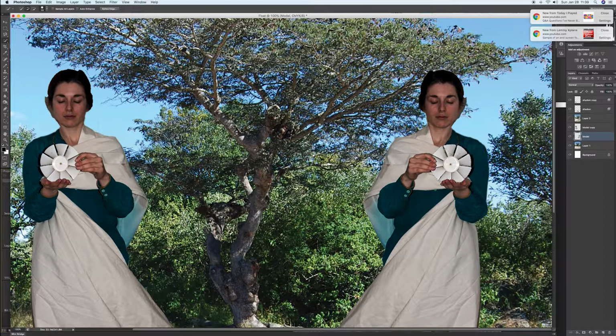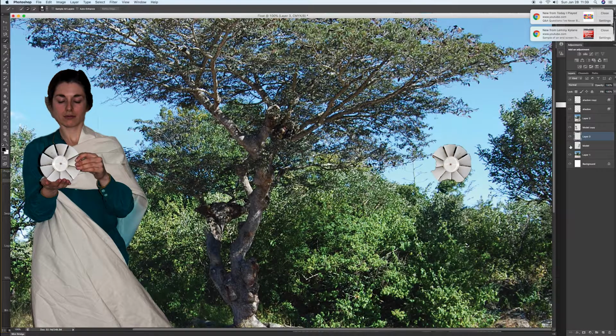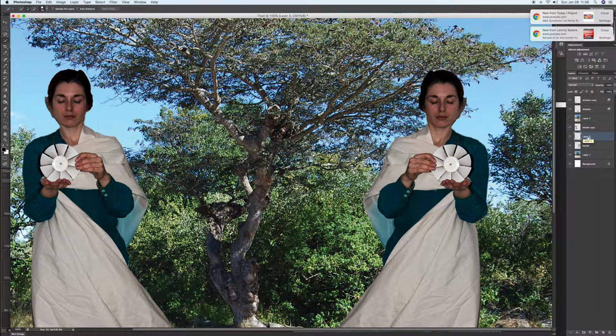So what I'm going to do with this now is simply duplicate, copy and paste this shape. So how you do that is Command C, I've copied it, Command V, I've pasted it, and if we turn her off, you see we have the disk now. And I've just had an idea of what I'll do with it, and I'm going to duplicate it and multiply it so that it comes out as a radiant shape all the way out. There's a bit of dirt over here, so I'll need to clean that up. I have an idea for it, so we'll work on that. So over here I'll title this disk,